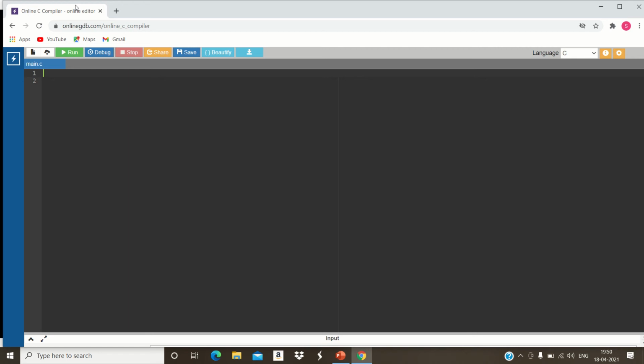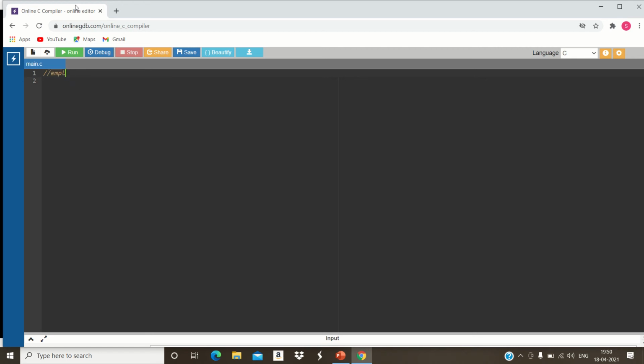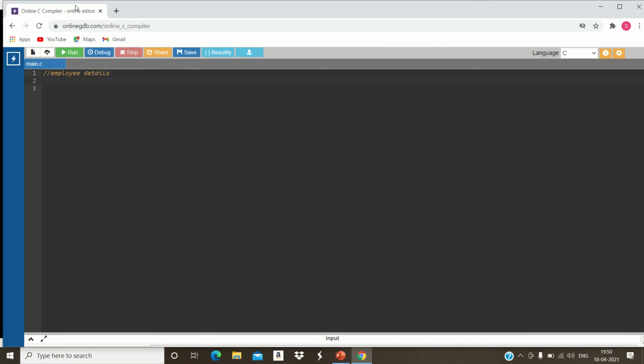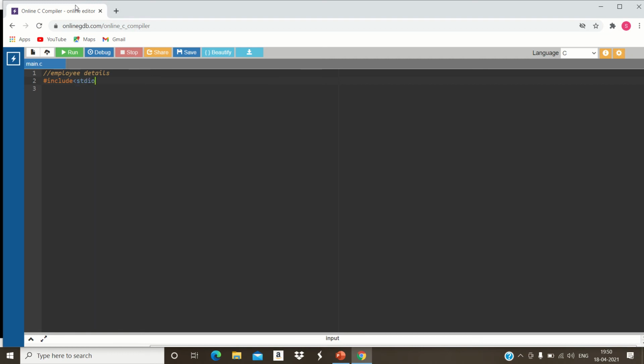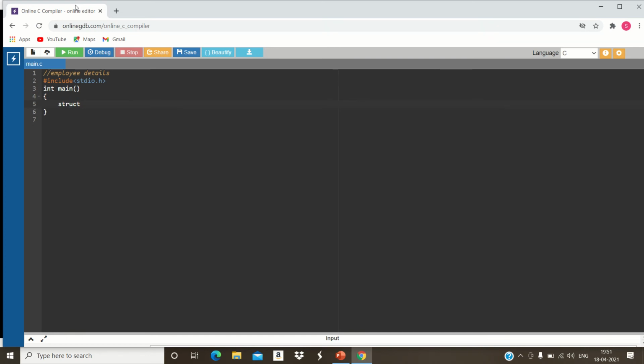So I'm taking an example of employee details. I'm just writing it here. Employee details, and the header file as include stdio.h, and the main part in main. Inside the main part, I'm declaring a structure, struct, and giving its name as employee,